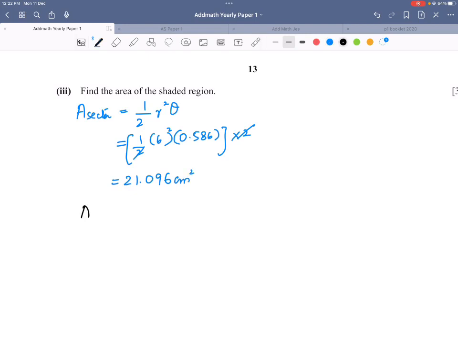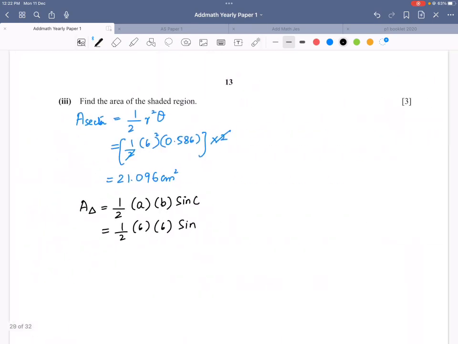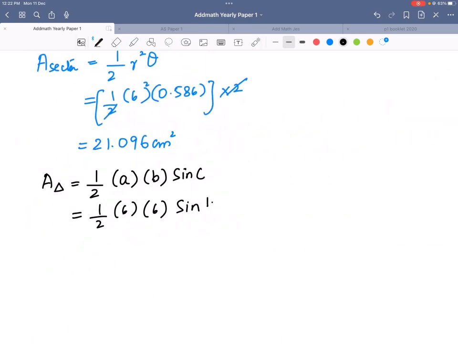Now I will start working on the area of the triangle. The working formula is 1 upon 2 ab sine C. The radius we have is 6, and the angle we found in the first part was 1.970. Make sure that your calculator is in radian mode. Sine of 1.970 is 0.923. 2 1s are 2, 3 6s are 18, times 0.923, so you will get